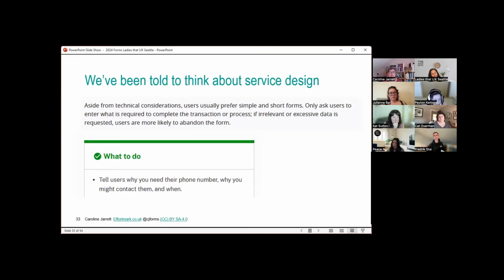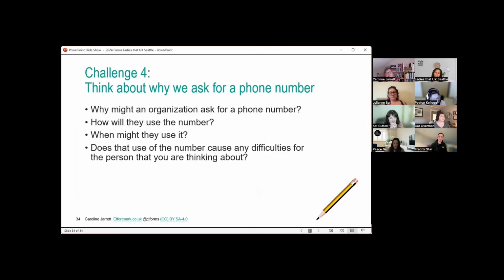And then at some point in the US government website, it does say, tell users why you need their phone number, why you might contact them, and when. So to me, our next step in my challenge is to think a bit more about that service design aspect of it. And so this challenge is really about stepping back and looking at it from the organization's point of view,